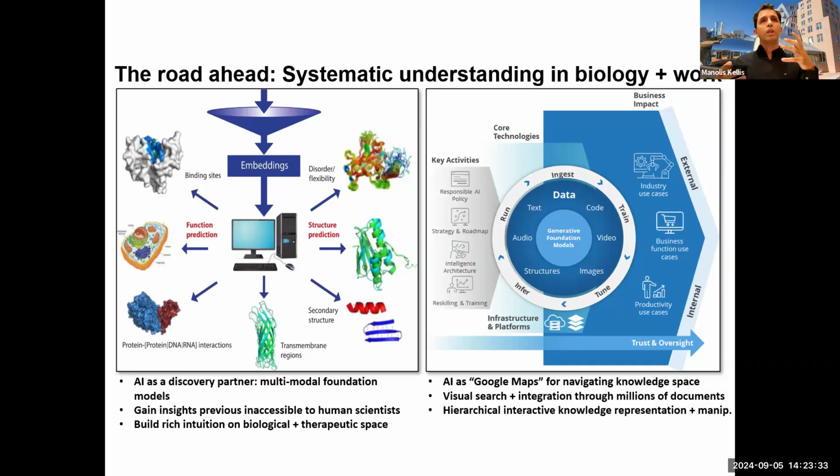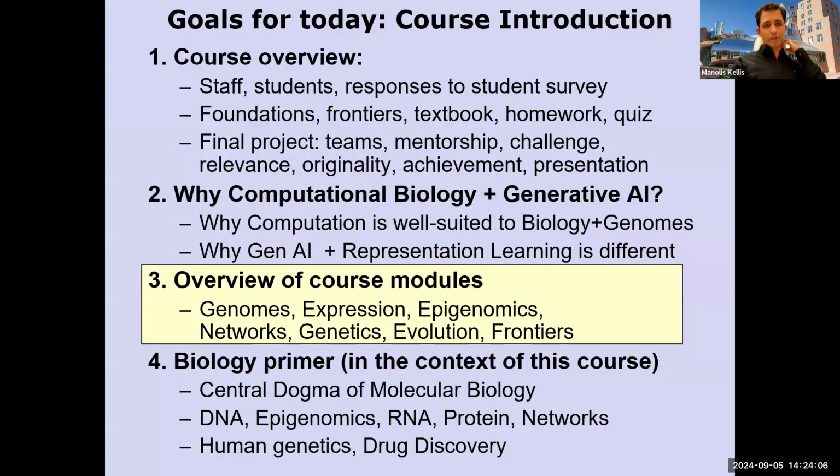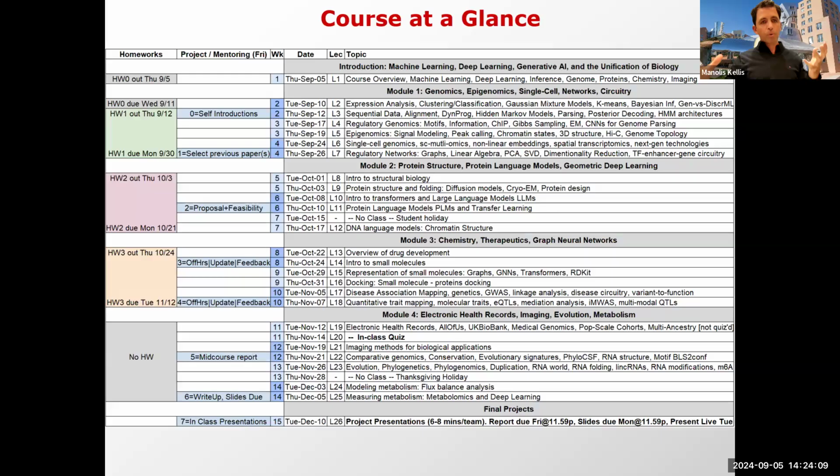By understanding these multimodal, multi-layer, hierarchical, deep representations of the complex data types that we have in the field of biology, we can finally unify it. This class used to be about genomes and circuits. Now it's about proteins and images and chemicals and all of these things. Why? Because we can, because it's feasible, not because it's easy, but because it's hard and because it will be transformative for our field. Okay, so that's what we're going to study this semester.